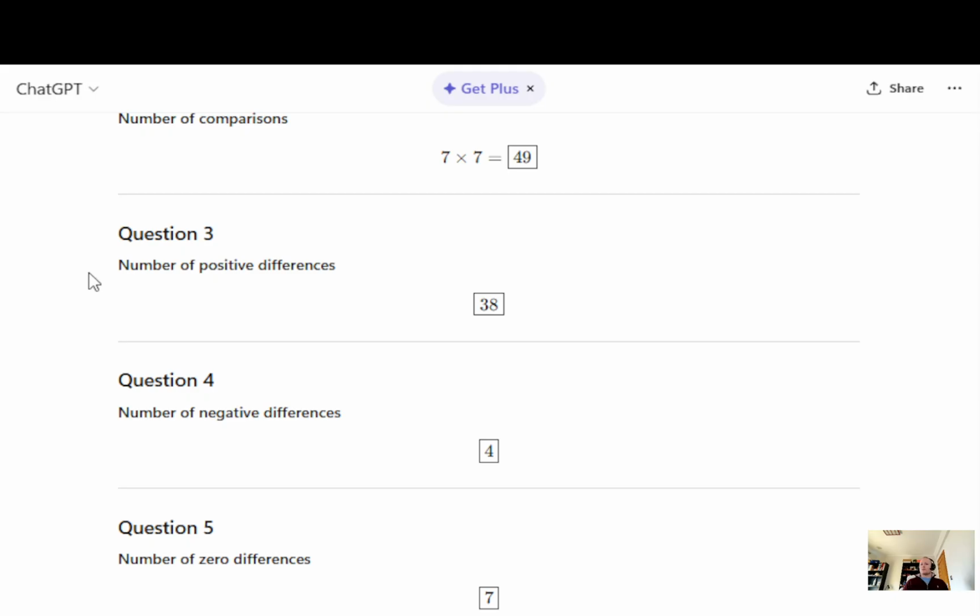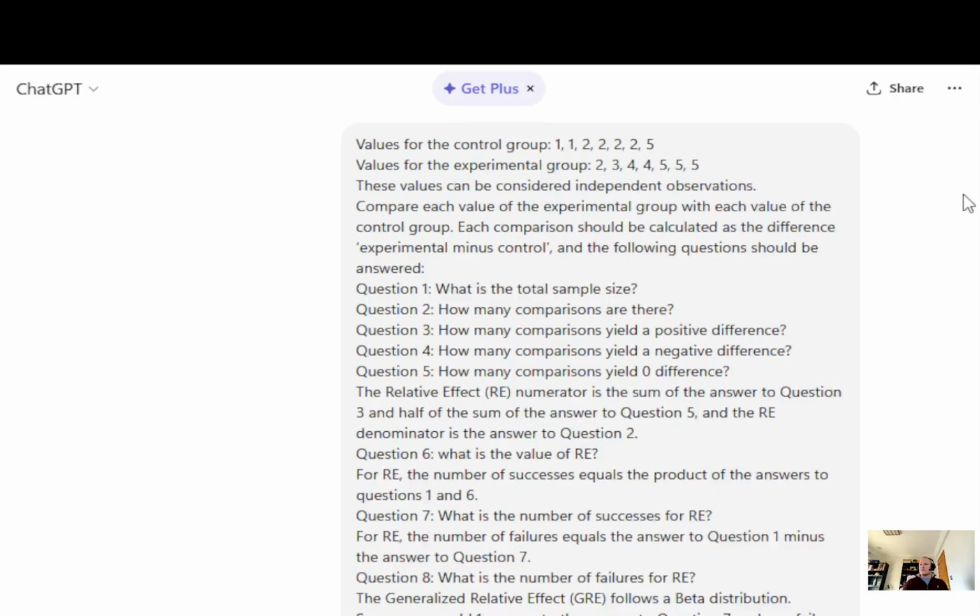Number of positive differences, 38. Number of negative differences, 4, and the number of zero differences is 7. This is telling me, which is correct, because the zero differences we can even calculate from the original data, because